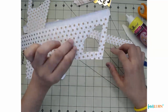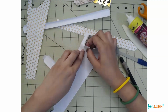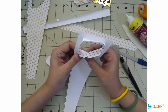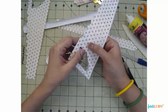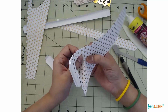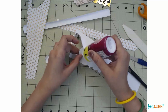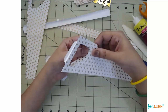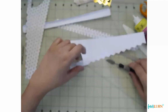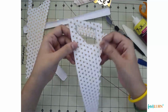Once you have this piece done, you see this has moved, my god. If the glue was wet, I would have moved it, but you see, this one has moved. Let's see if I can fix it. It was fixable. There you go, you see,